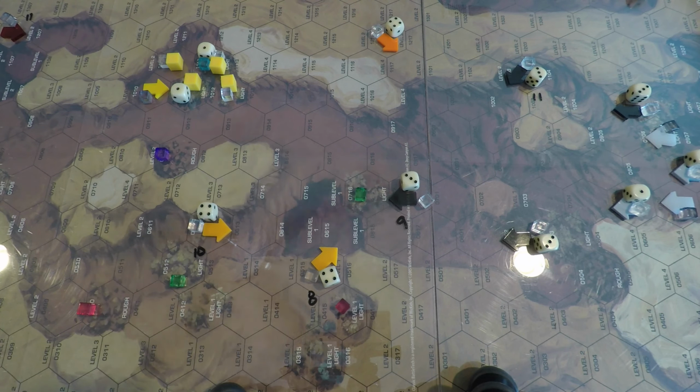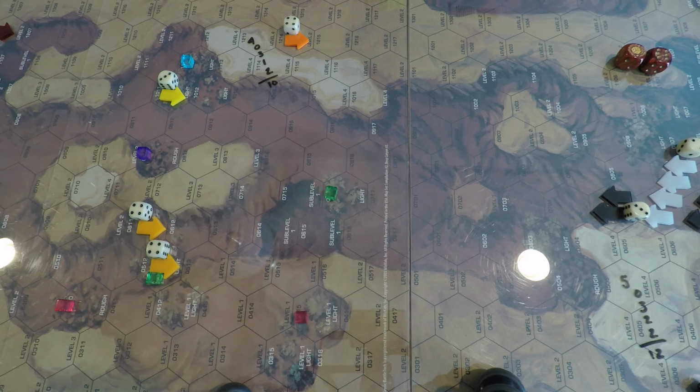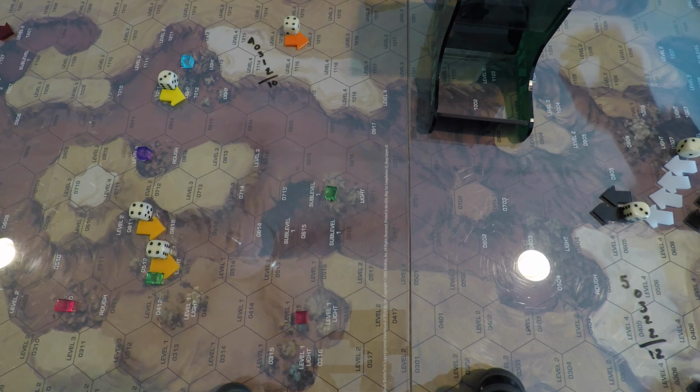So what we'll go ahead and do is we'll get ready to roll some initiative. Basically, in the end phase it says remove destroyed units or restart shutdown units. None of that happened. So now we go off to initiative. Turns are pretty simple. So we will say the red are the pirates